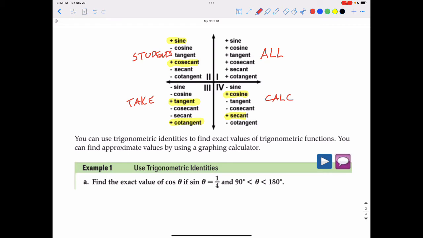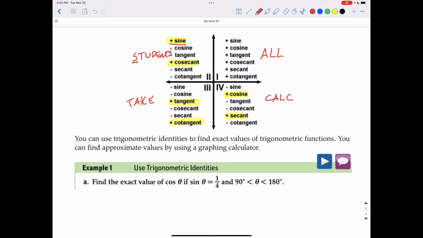All students take calc. This helps you remember which trig functions are positive in which quadrants. So in quadrant 1, all 6 trig functions are positive. Students, the first letter in students is S. That means that sine is positive in quadrant 2, and its reciprocal function, cosecant, is also positive